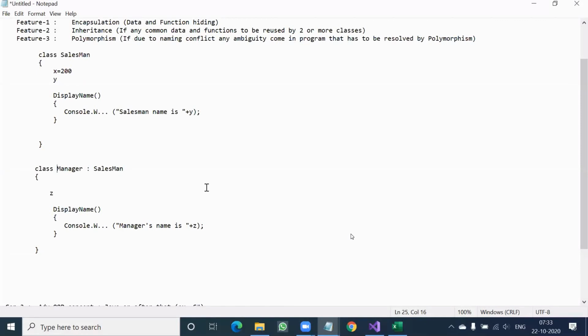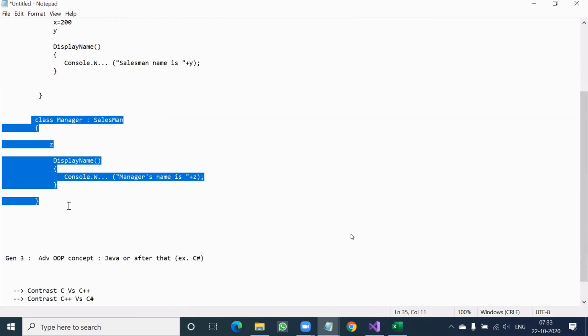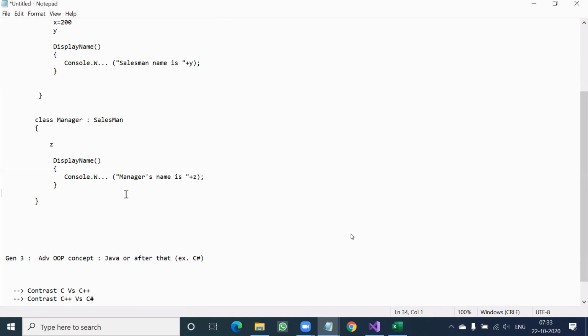Both are managers. But one guy is called purchase manager, one guy is called sales manager. Another is called assistant manager, another is called regional manager, another is called general manager. So all are part of the manager group only. But inside that group, we want authorization differently for different people.